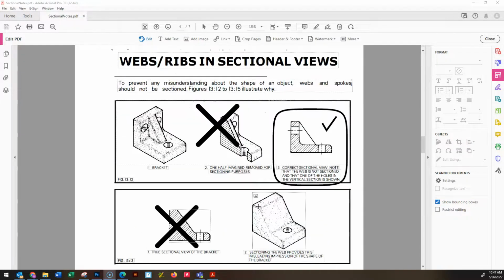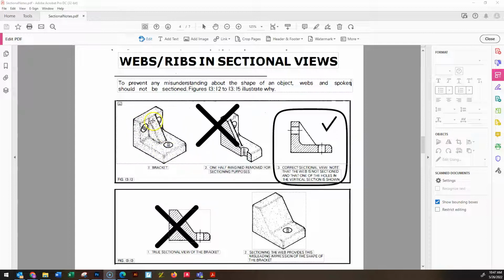When we are dealing with certain features in sectional drawings, it's important that we draw them and hatch them properly, otherwise it can get confusing. So for this instance right here, I've got this bracket piece, and we just have to imagine that we cut that right in half, right through the middle of this rib in the middle. The rib is a triangular section here. It's usually put there to just give the object strength, so this piece doesn't bend back over or this piece